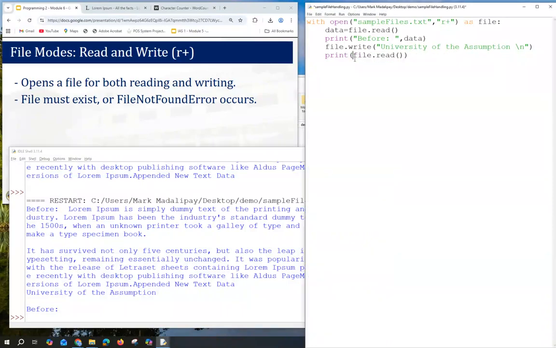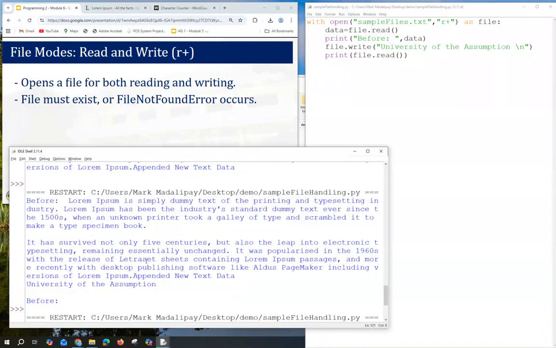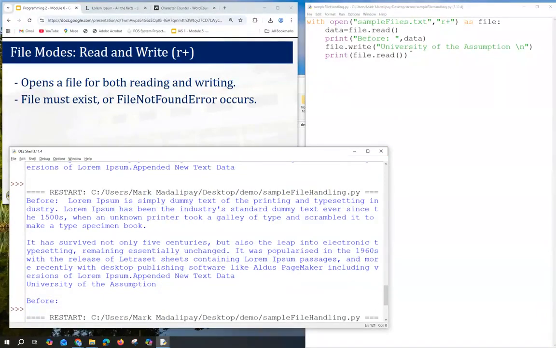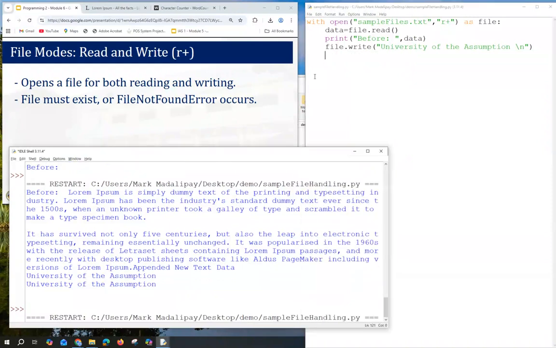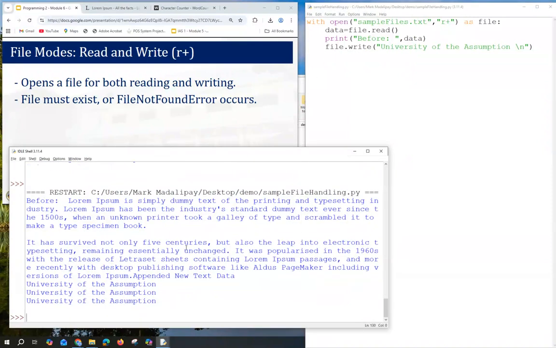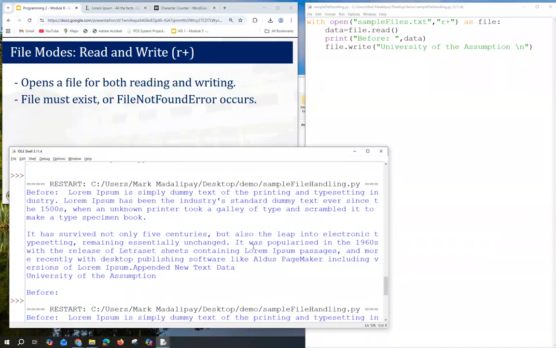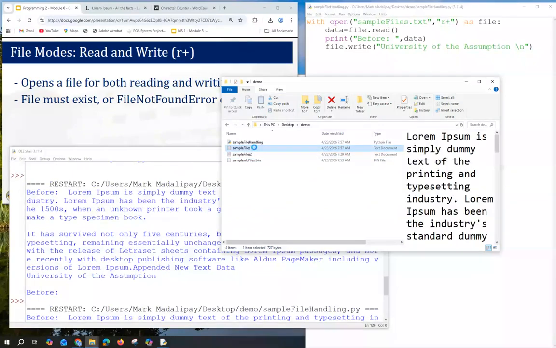Sorry. We have already the, wait. The first instance. Sample files.